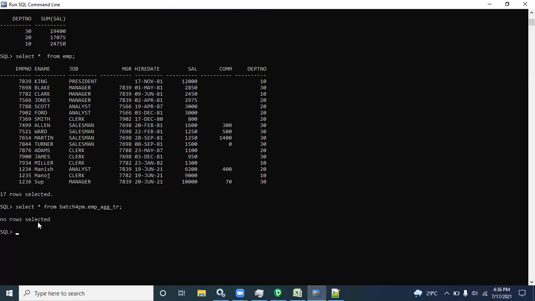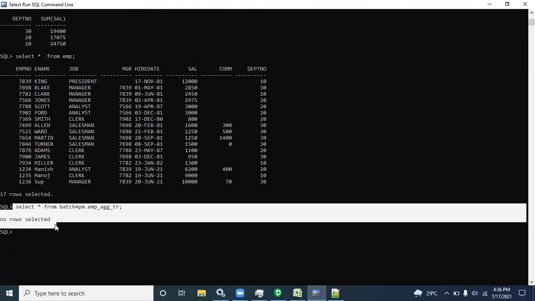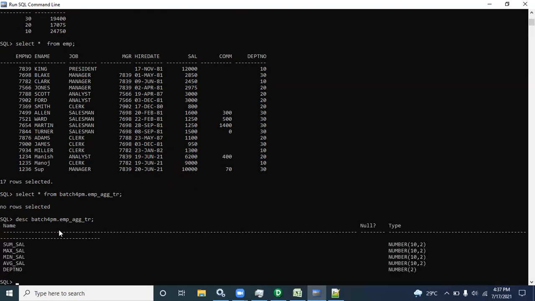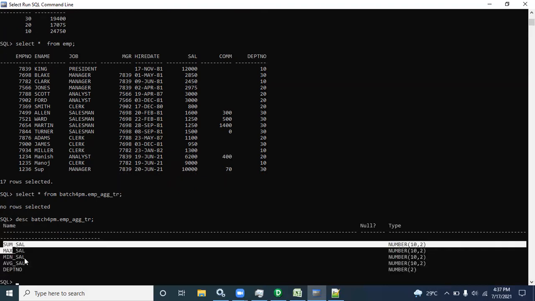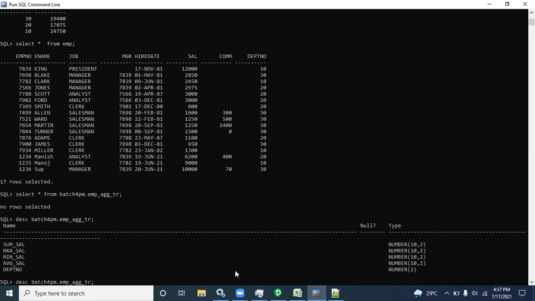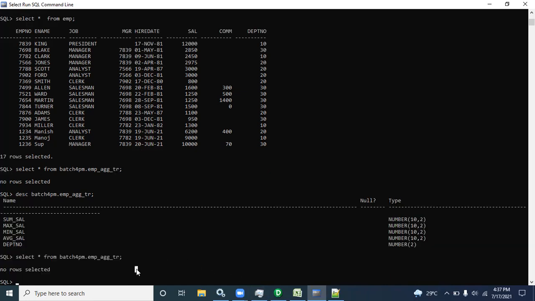See, only the table is there, data is not there, right? Only the table is there. If you want to see the table content in this manner, you have to write describe, or DESC for short, or you can write describe directly. So it will give you these are the columns, 5 columns we created inside the table, but there is no data. If you check select star from, there is no data.